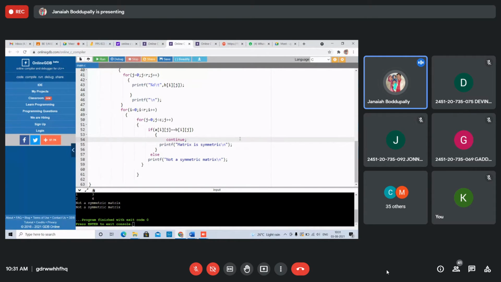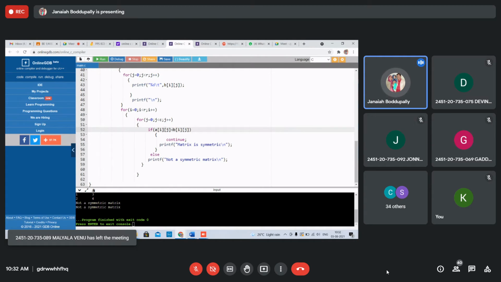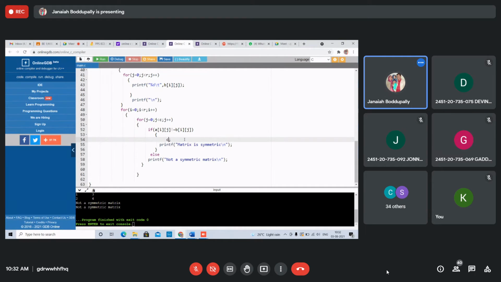You write like this: if a of ij is not equal to b of ij, instead of continue, break and change. Break, matrix is not symmetric.